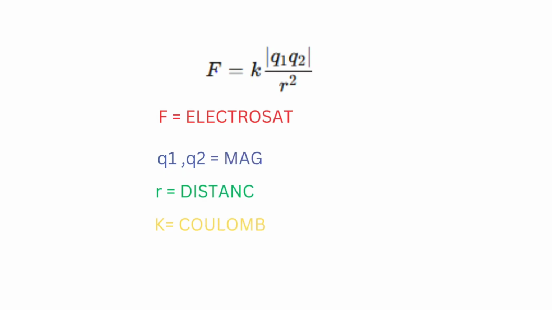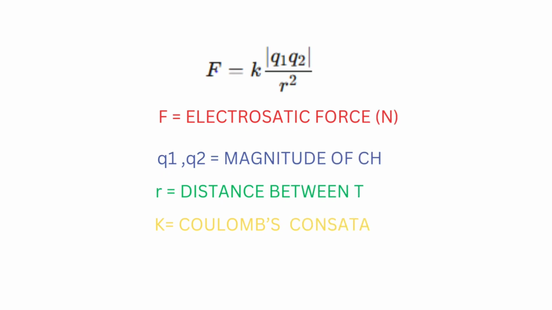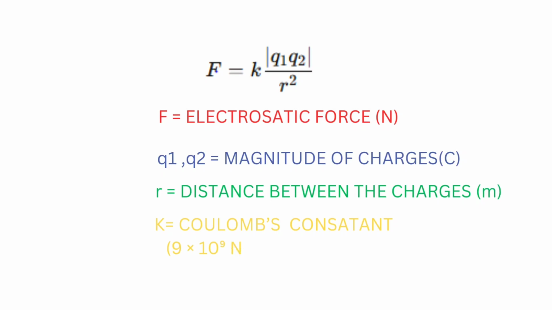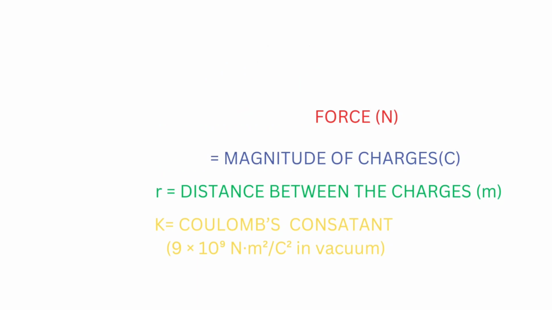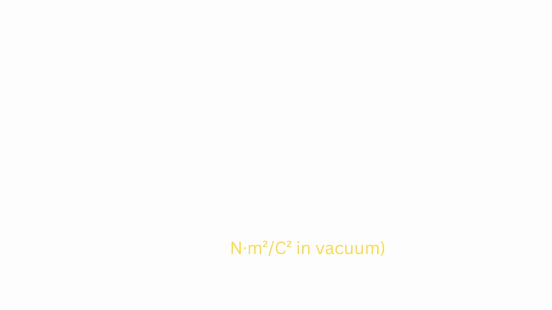Here F is the electrostatic force, Q1 and Q2 are the magnitudes of the two charges, and R is the distance between the charges. K is the Coulomb constant, which has a value of 9 into 10 power 9 Newton meter square divided by Coulomb square in vacuum or air. This formula tells us that the force increases if the charges are large and it decreases if the distance between